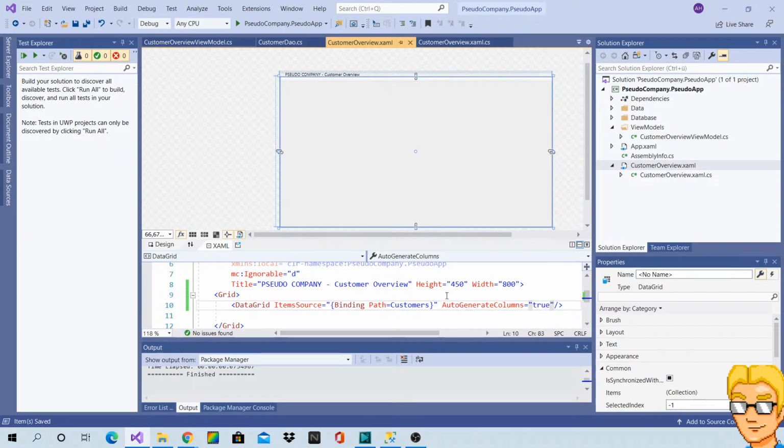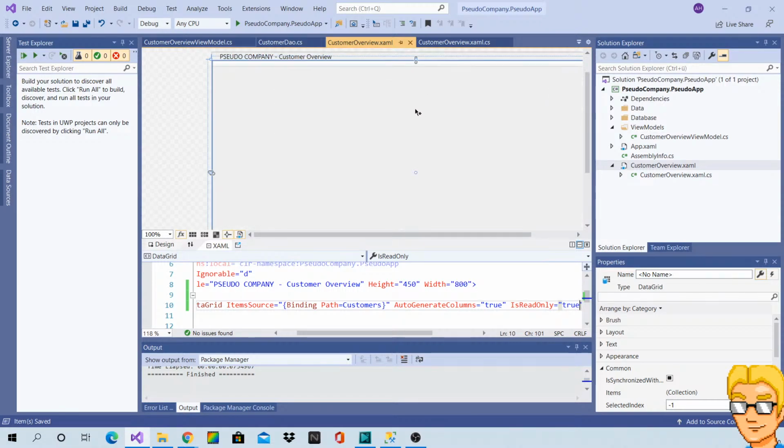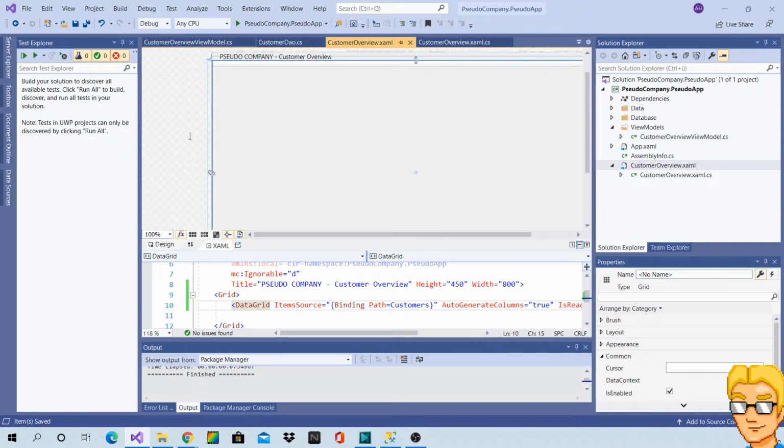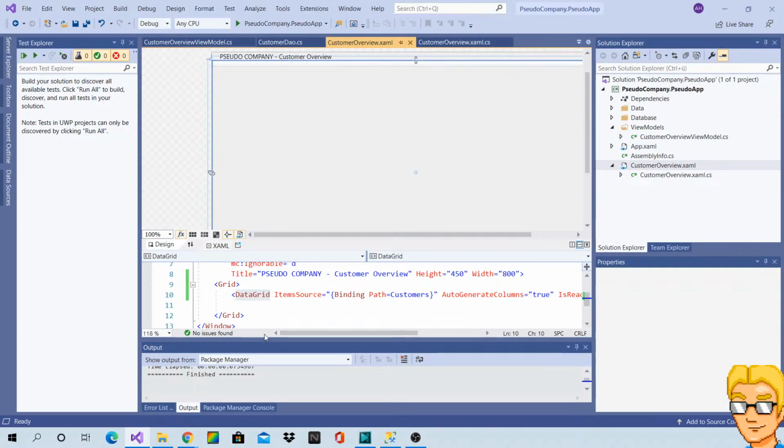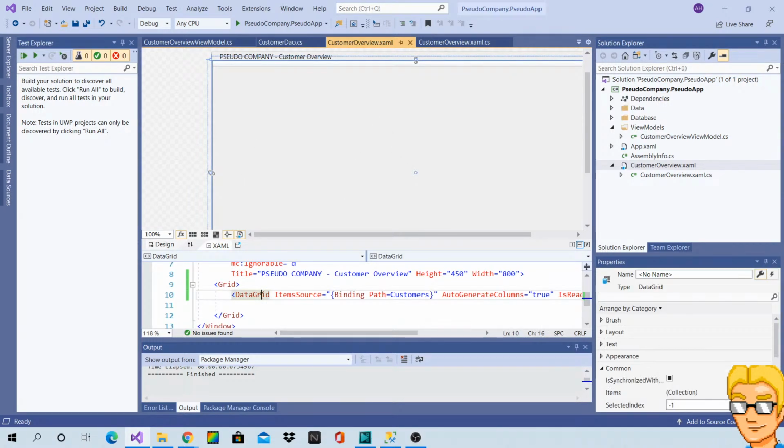I guess I can just auto-generate the columns, but make it read-only. But where is the actual data grid? Am I blind or just stupid?